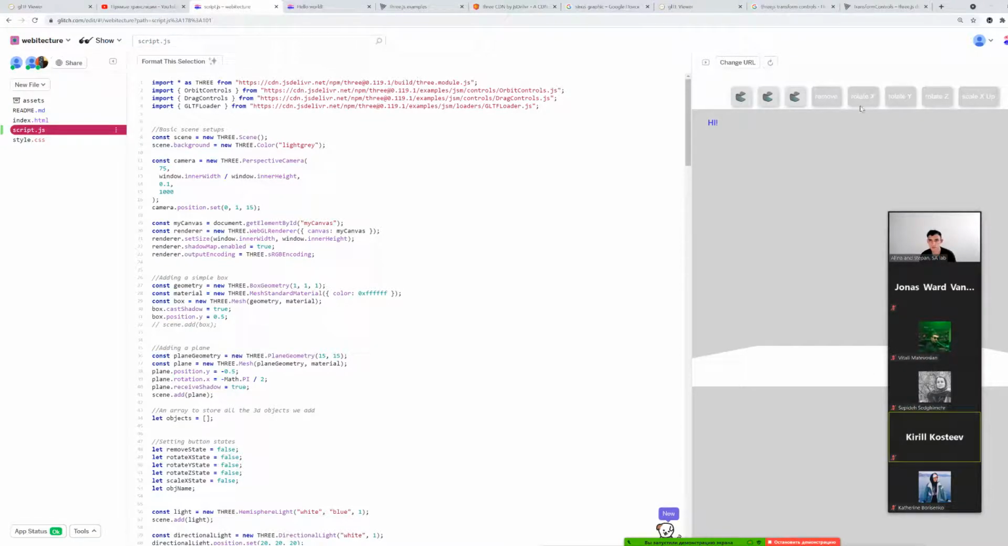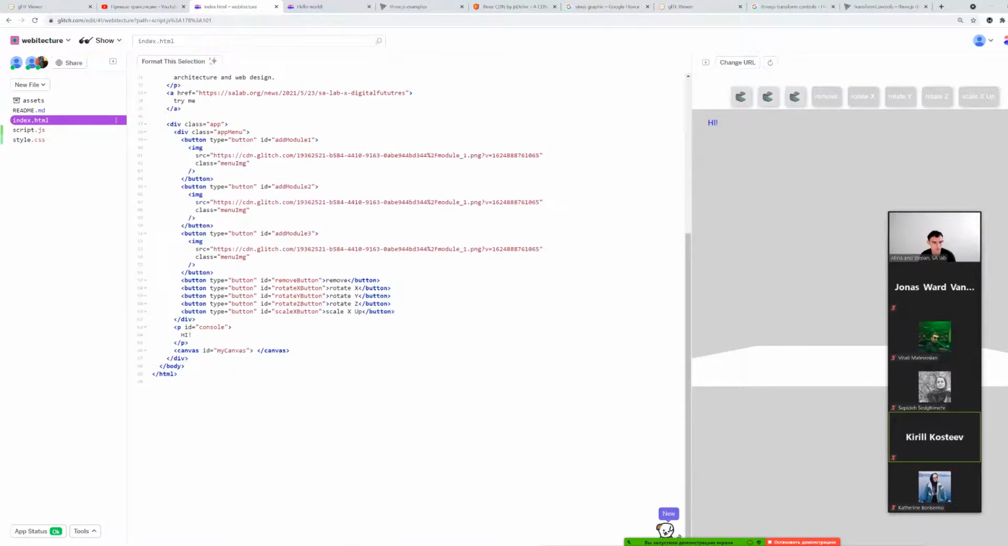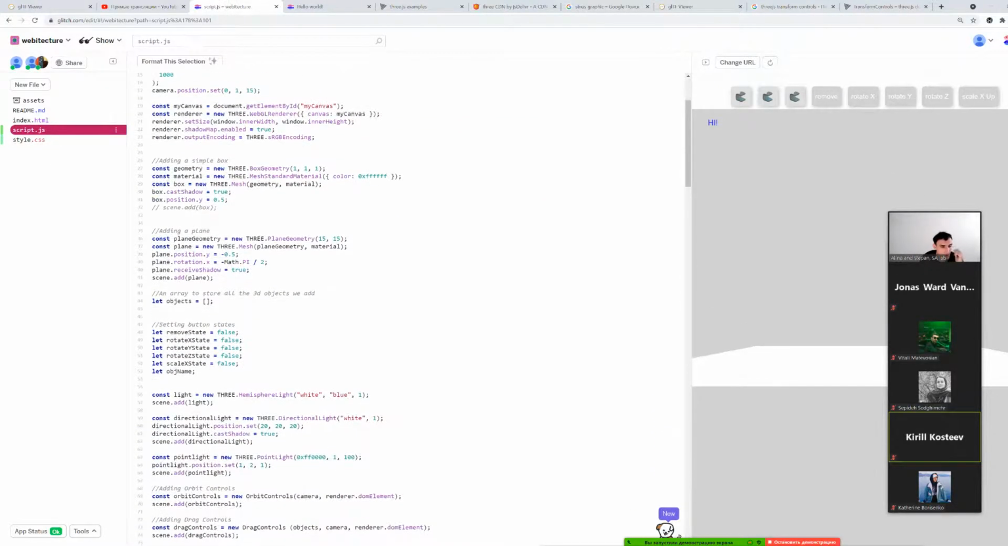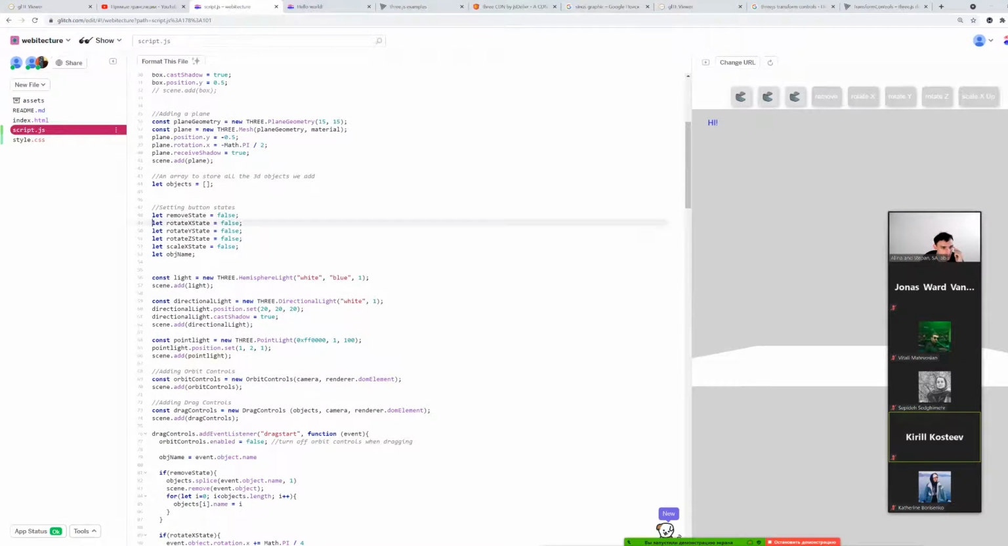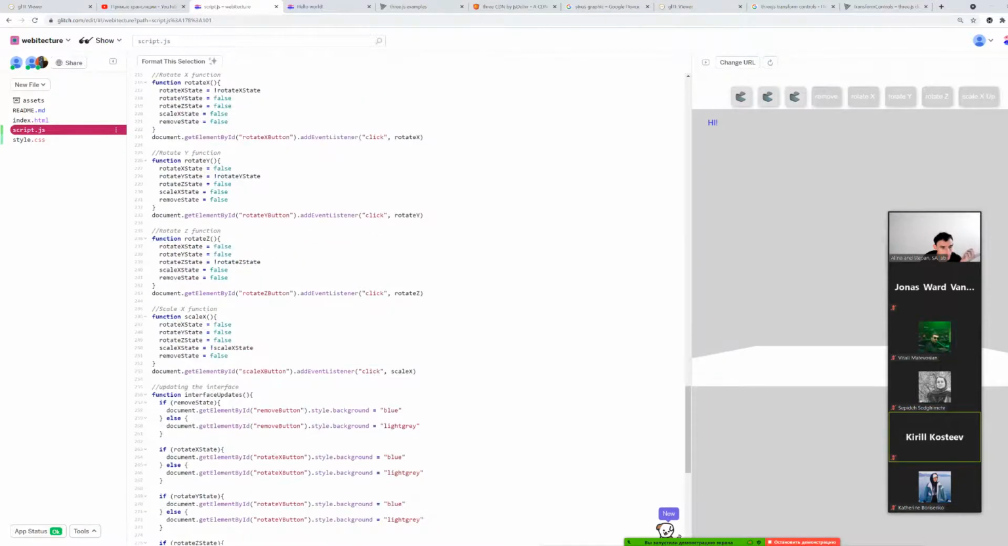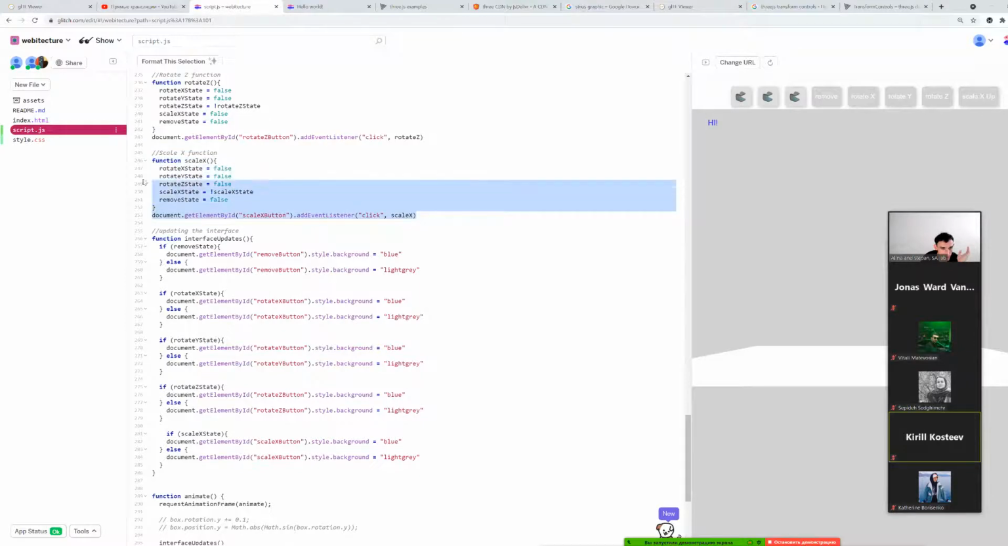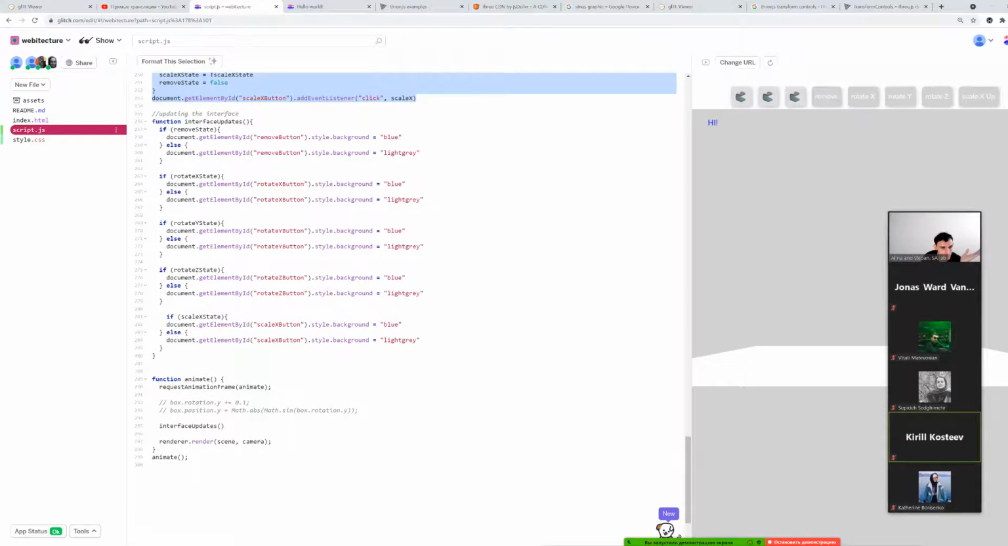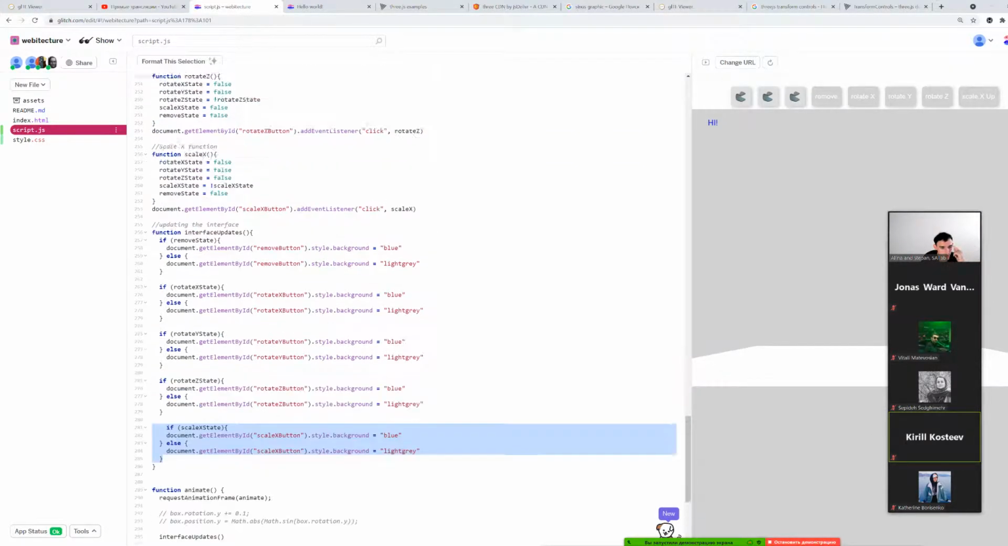Or maybe if you're happy with this amount of buttons, just leave it as it is, because if you remove it from HTML, it's easy. You just remove this one line. In JavaScript, you have to remove all the mentions of the button IDs. So you will have to remove this function for scaling, for example, attachment to a button. Then you will have to remove these updates of the interface over here, and